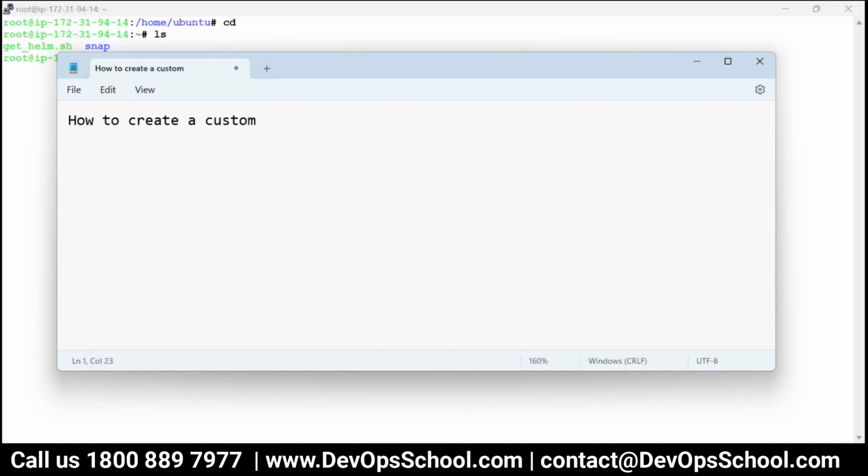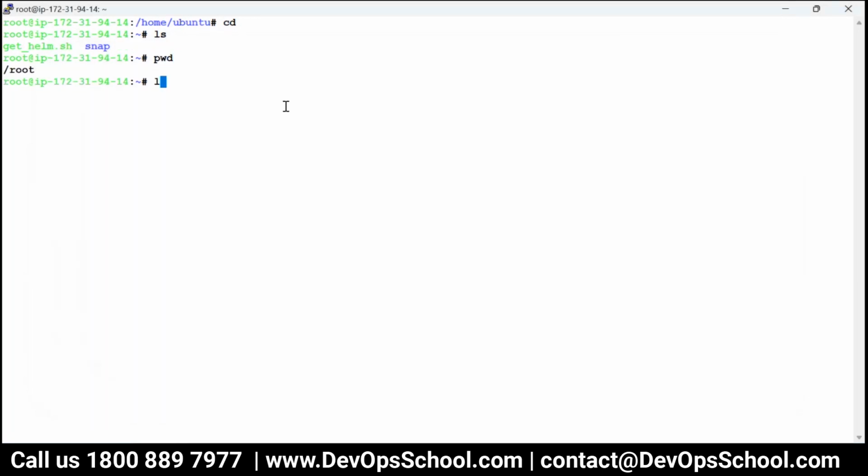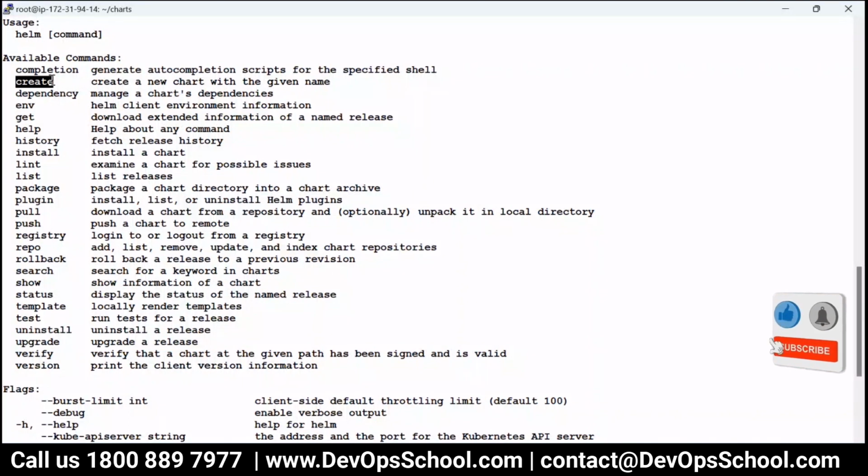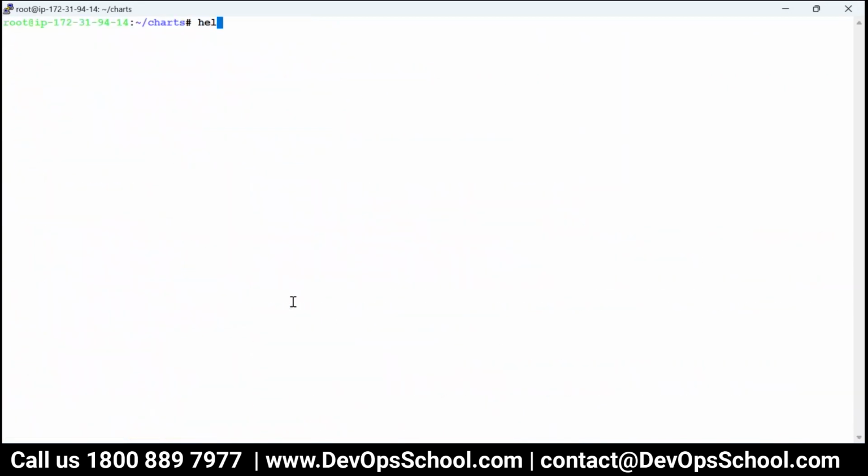Okay, so that is a question. For that, I'm going to access my screen. Here I'll create my charts directory and get inside it. Now here I will check which command will help me to create charts. If you remember, that morning I showed you immediately: create a new chart with a given name. So here, helm chart,